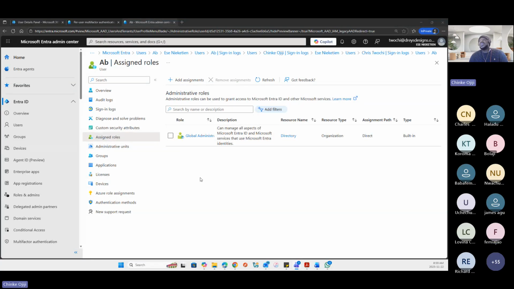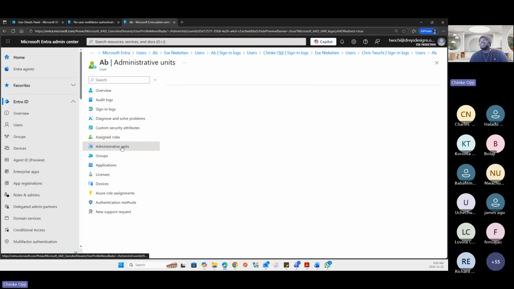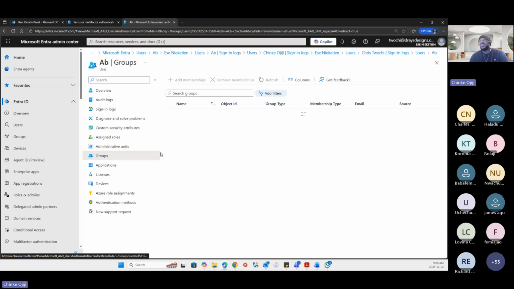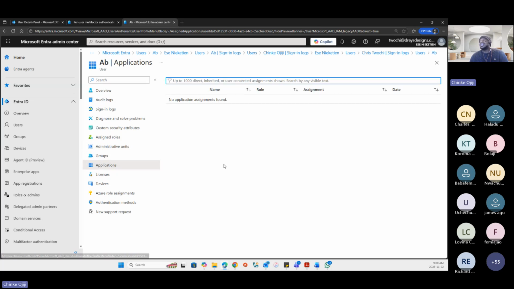All right. So you can assign different administrative roles as well from in here, and you can assign them to administrative units. If you have administrative units, you can add them to groups as well, and you can see applications that they have been given consent to access and so on.